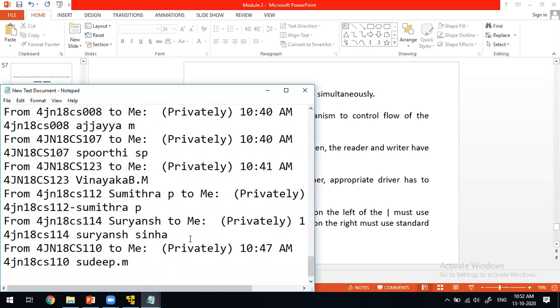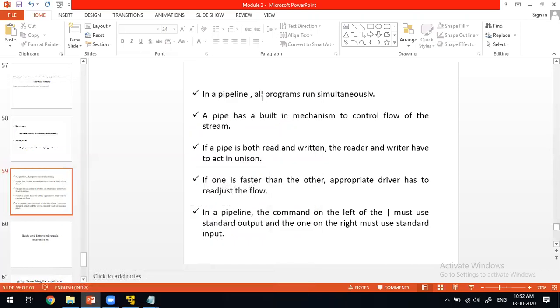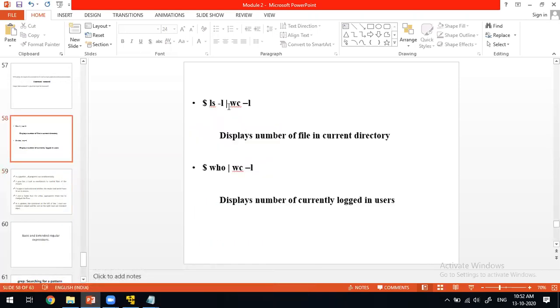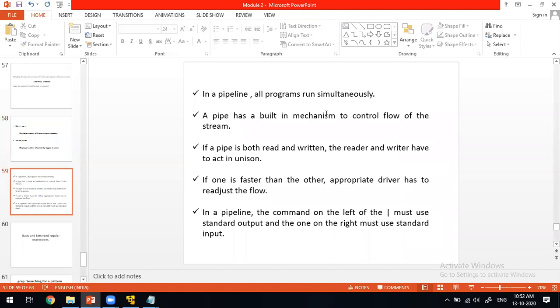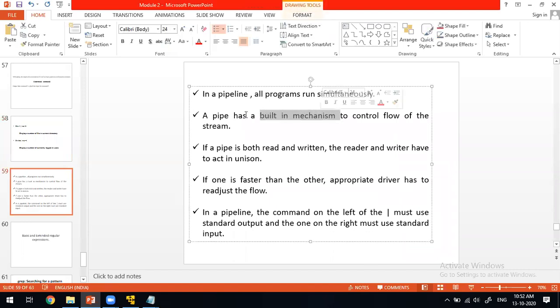When it has to wait for the output of the first command, it will wait. It has started execution and is getting ready, but it wants the input from the first command. Then it will stop, get the output from the first command, and then execute. This control mechanism is built in within the pipe.